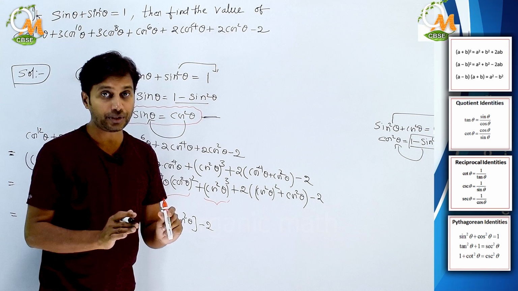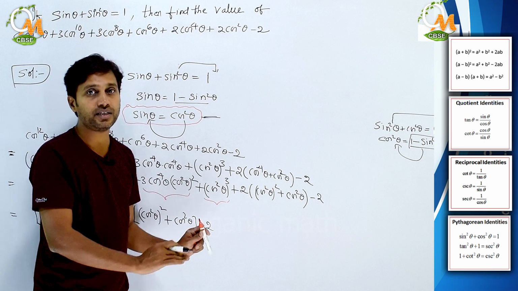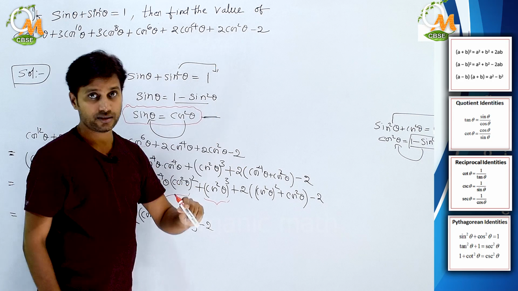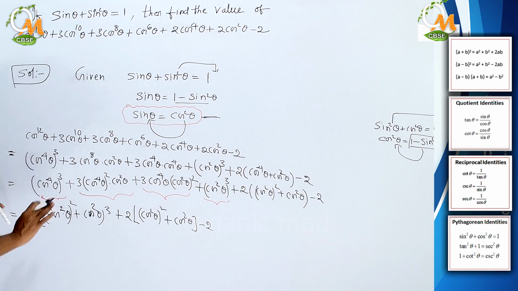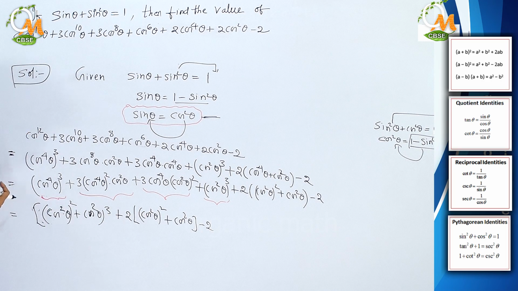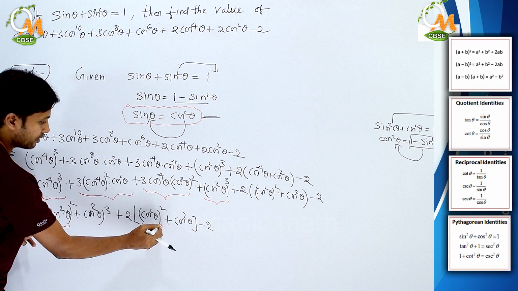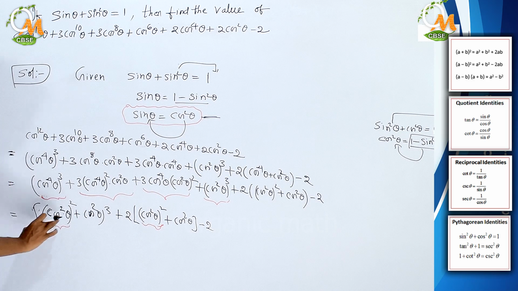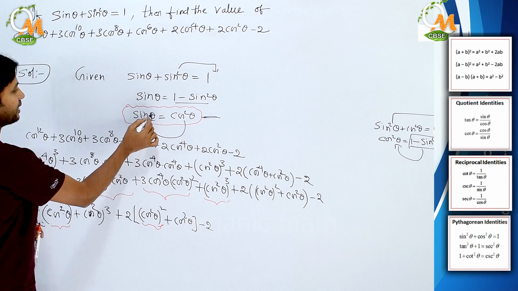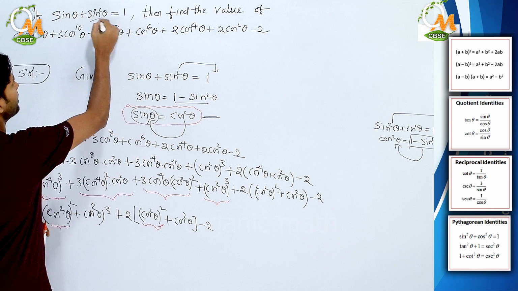but don't put it at every cos square theta. Understood? Don't substitute in every cos square theta term here, otherwise the problem will become clumsy and you won't get the required answer. So better you do one thing: only the cos square theta whole square terms are there, here and here. You can observe here and here. In these two terms, cos square theta whole squares are there, no? In that, put cos square theta equal to sin theta, which we obtained previously from the given condition.